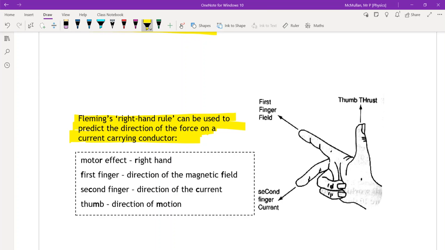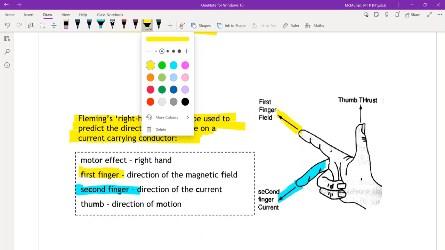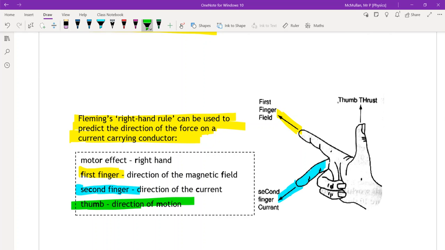If you point your hand like a gun, the motor effect, okay, the first finger is the direction of the magnetic field, which is this one. We'll maybe color code these. The second finger is the direction of the current. And the third finger is the motion, the direction of the motion. Let's go for green. Okay,